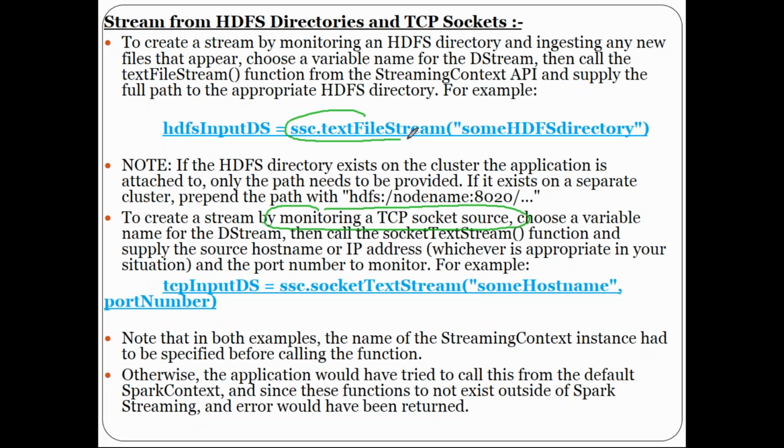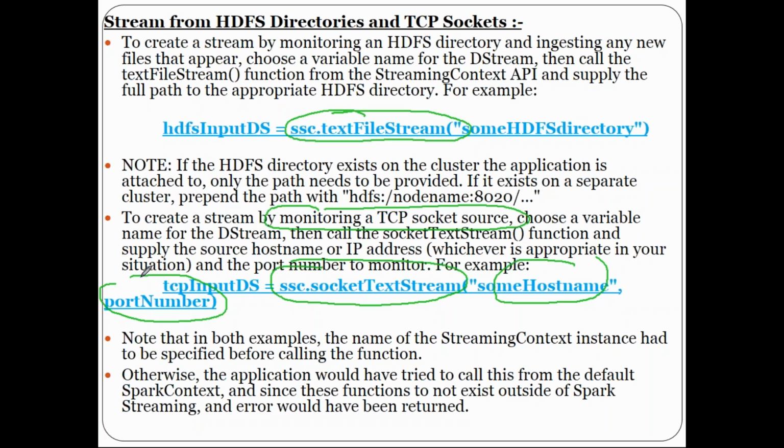Here, like you have textFileStream, you have socketTextStream. Here you need to give the host name and your port number. The port number for your netcat will be 444444. I'll show you this when we do the problem-solving scenarios, which contain Flume configurations also. Okay. Now in both of these examples, the name of the streaming